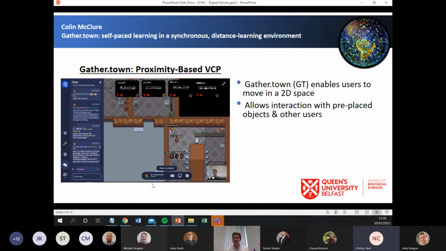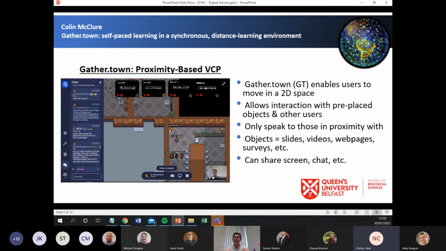So you have all these functionalities that you would have in static video conferencing software, but in a more dynamic way. And the idea is then whenever the students enter this space, they can access the resources that you plant in this space. So you could put posters here, you can put videos, you could put links to websites, or even lecture slides. And the students can access those spaces wherever they need to go. But they can also talk to you as a demonstrator if they need that